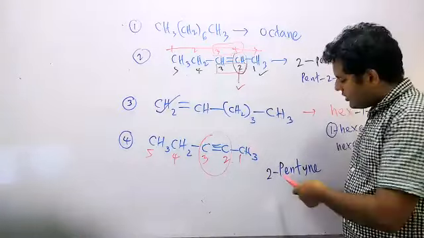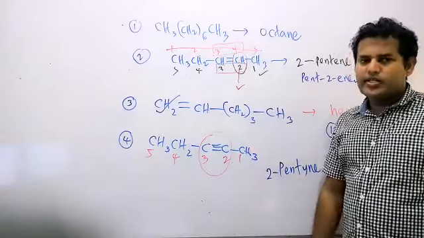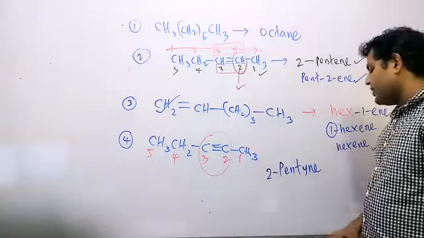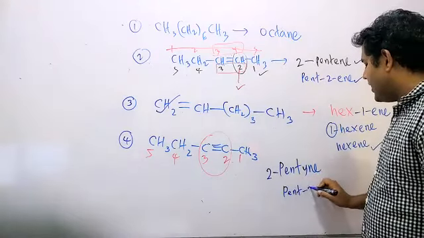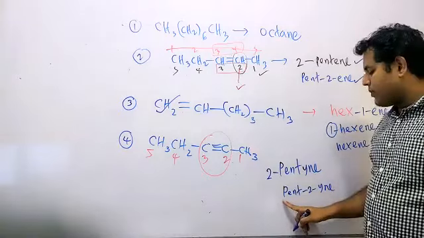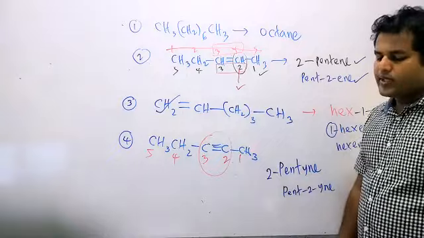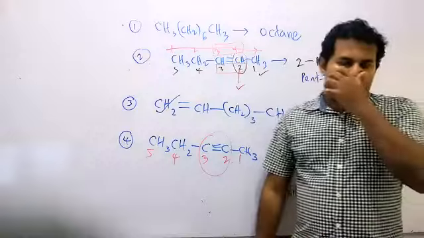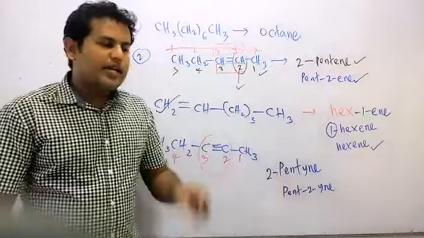So write 2-pentyne. Can we write this P as capital? No, just write simple letters. All the letters are simple. 2-pentyne, or pent-2-yne, is also correct. If you're writing a capital letter, just write the capital letter for the first letter. Otherwise, write all the letters as simple. In IUPAC nomenclature, the first letter we can write as capital. All the other letters should be simple. If not, we can write all the other letters as simple. That rule is not